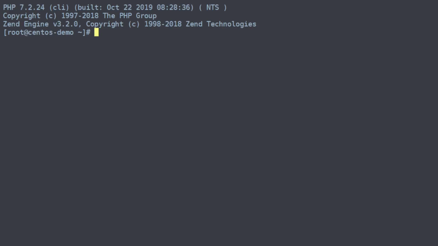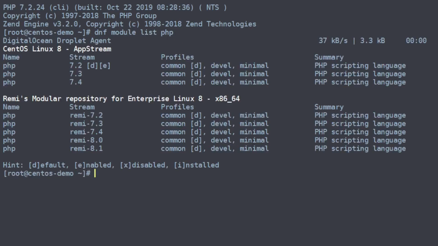To check which versions are available to us, we will want to run dnf module list php. And you can see our AppStream repository here has 7.4 available, and that we have 7.2 as our default enabled PHP, which we'll need to upgrade to 7.4. And we could also check our PHP version with php -v